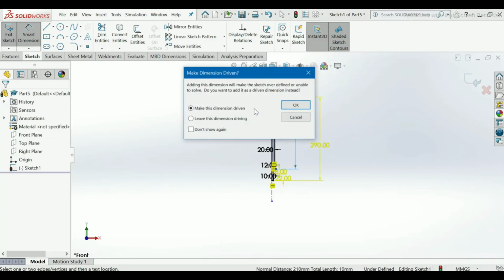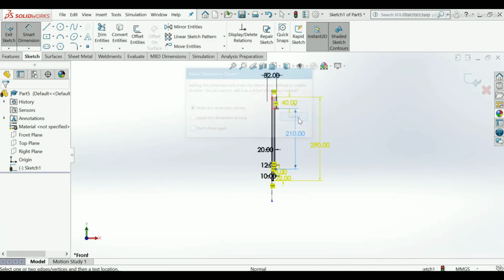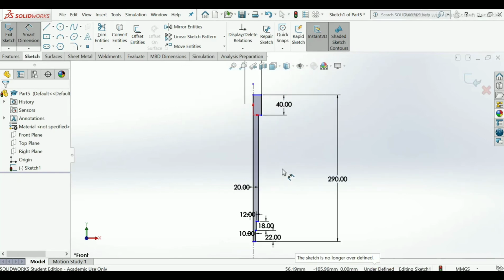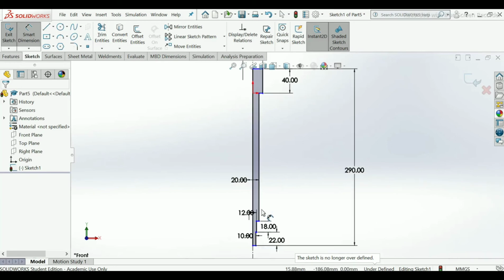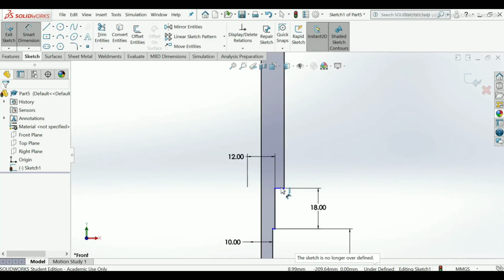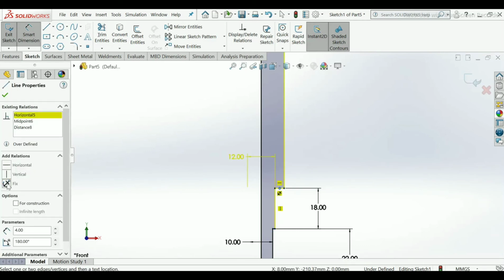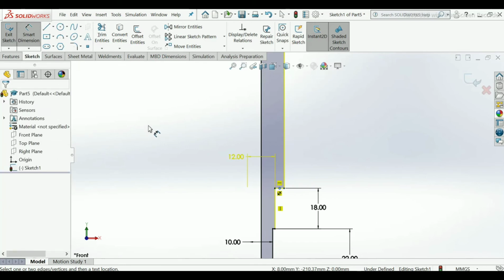But make sure it will make over defined, so cancel it. So I will select this line, fix it, but again it shows over defined, so I will delete this relation. Okay.